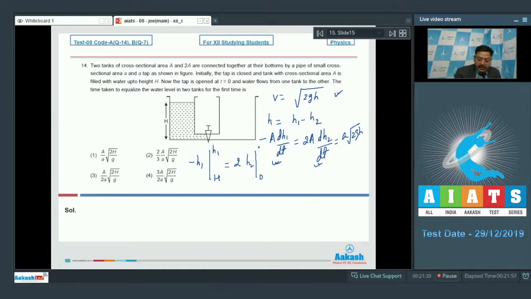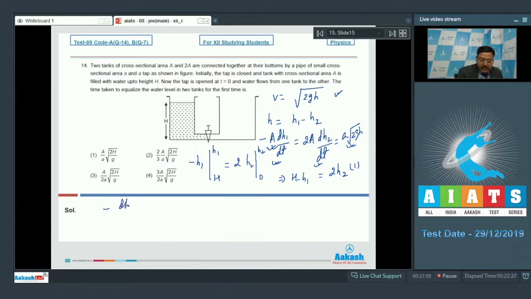Its initial value is 0, and let's say the value final is h2. So this means we have H minus h1 on the left hand side equals 2h2. This equation relates h1, h2 and capital H, and now further let's use this equation, and we get